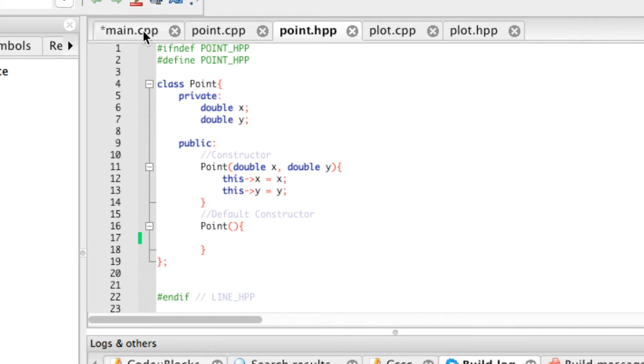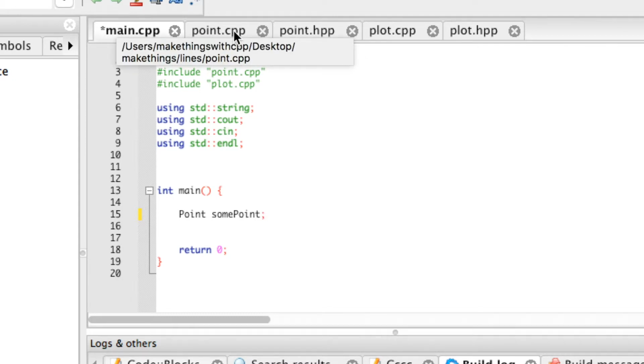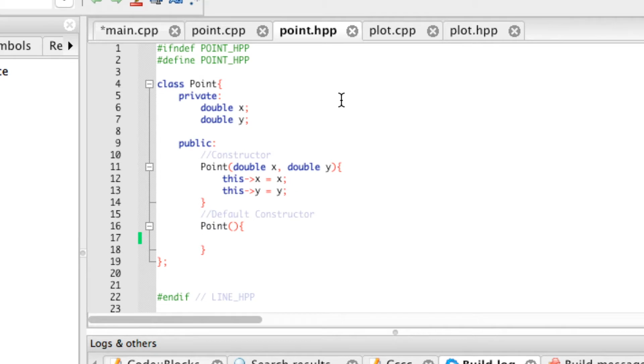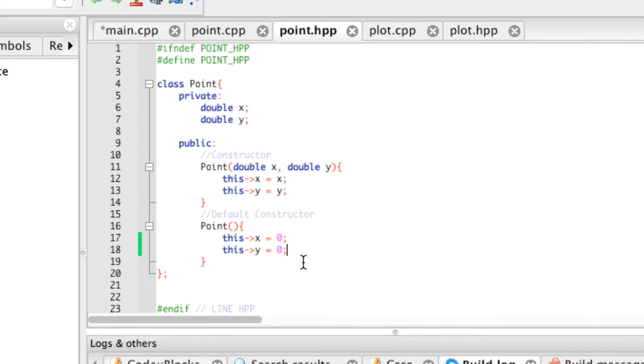So how we would create this is we would just create a variable, point, and we'll say some point, and we're going to make sure that whenever we create any sort of point, it sets it to 0, 0. So it's going to set it to the origin of our graph. So we go into our HPP file and we would say this x is equal to 0, this y is equal to 0. And so you'll see when we get into more complicated classes, say again our bank account as an example,